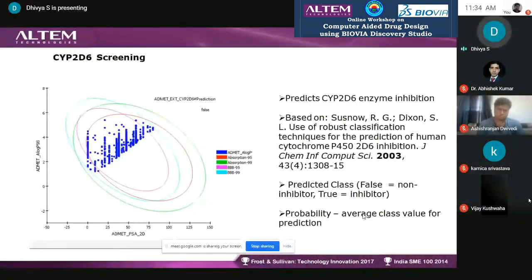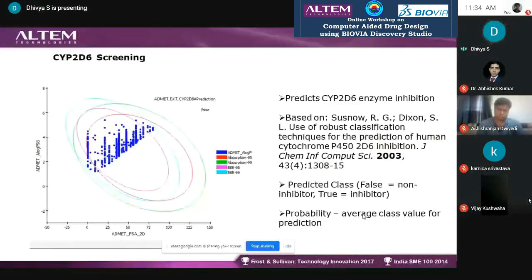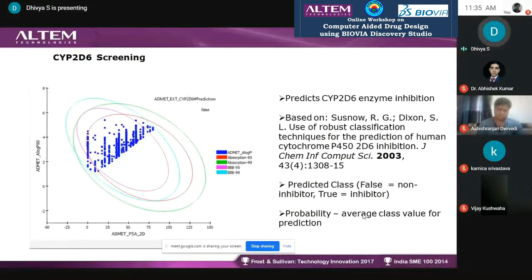Next, as of now, you can see that there are lots of first screening, second screening, third screening. There will be a reducing number of these molecules. Now it comes to CYP2D6, and CYP is in the cytochrome P450 families. In that, we are studying family 2, D subdomain and the 6 member. That's why it's called the 2D6 family we are predicting. So A log P value, you should check whether enzyme inhibition is happening or not. It should not inhibit this enzyme because it's very required for metabolism. So how do you classify this? We have a predicted class, false for non-inhibitor and true for the inhibitor.